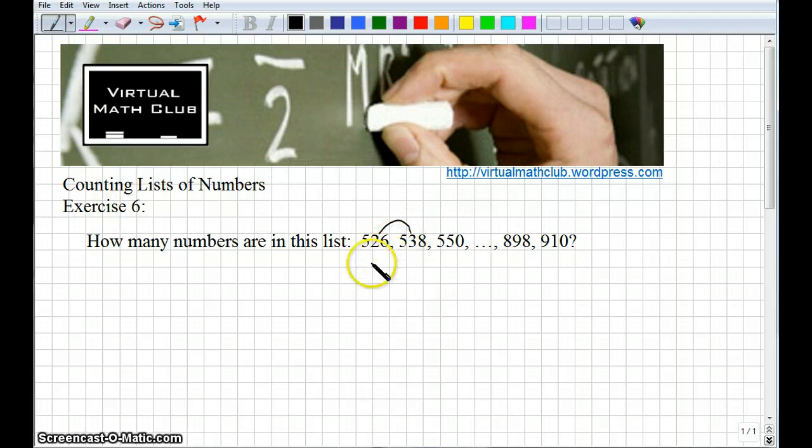So what's happening here? We're going from 526 to 538, so we're adding 12. 538 to 550, we're adding 12. And 898 to 910, I bet you guessed it, 12. All right, so we have a multiple of 12 in here, but I'm